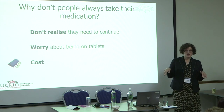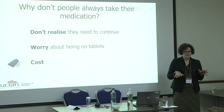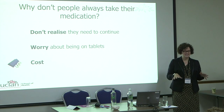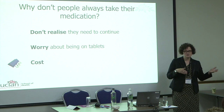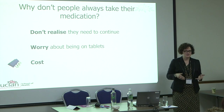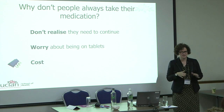And there are other reasons why people don't necessarily take the medication as expected. Some people don't realise they needed to continue. A lot of people worry about being on tablets. I don't think there's anybody in the world who really likes taking tablets. And it's perhaps a problem with people who've previously been very healthy, maybe younger people who've then had a stroke, that it's just not something that they were ever expecting to do at this point in their life. That being on tablets is something that they don't